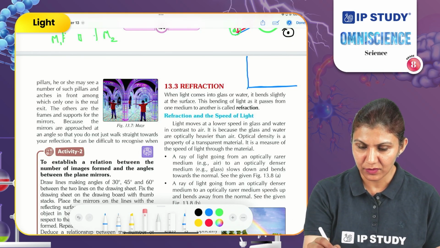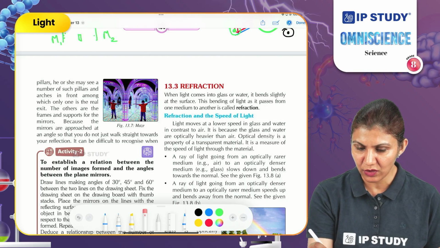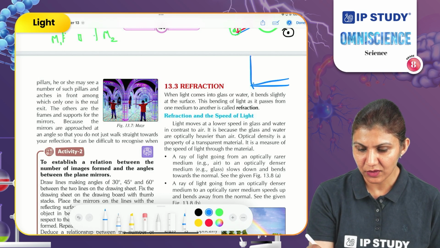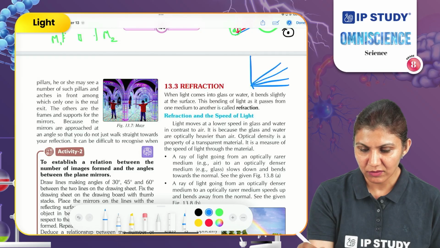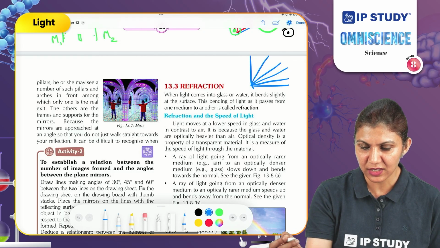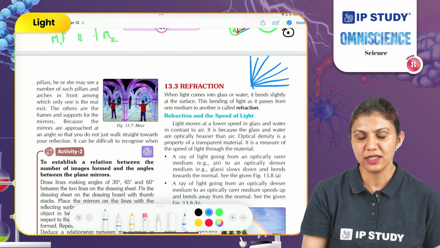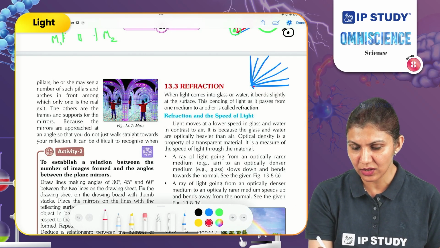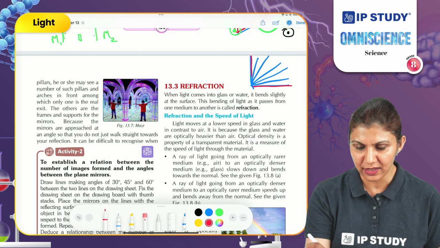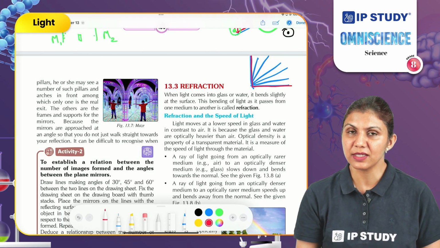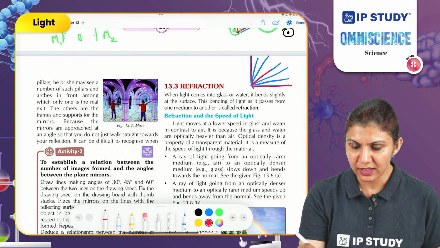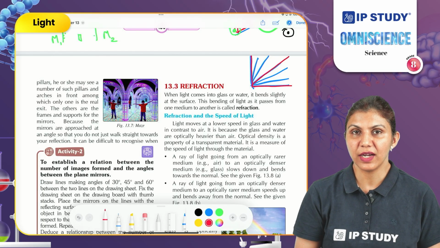Suppose on a sheet you have marked the angles which are 30 degree, 45 degree, again 15 plus, that's how 60 degree and 90 degree. So you can arrange different angles here, and now you can arrange the mirrors along these lines. First mirror here and second here. So we already have tested what happens when mirrors are placed at 90-degree angle. Two images are formed.